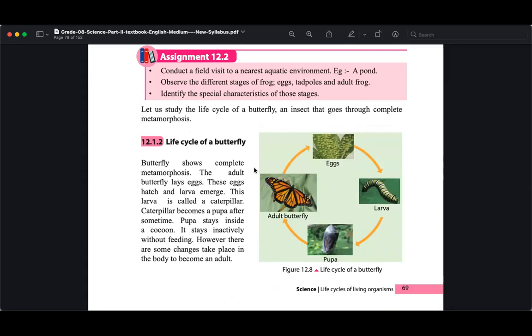Then again, here, butterflies. Butterflies are basically herbivorous in their initial stage, and you have this practical, I think, in your grade 6 science, or sometimes even in grade 5. Haven't you done this practical earlier? You have to find a leaf where the eggs lie. Yes, I have done it, sir. You have done it. So using paper, you have to cover a glass bottle and put a rubber band